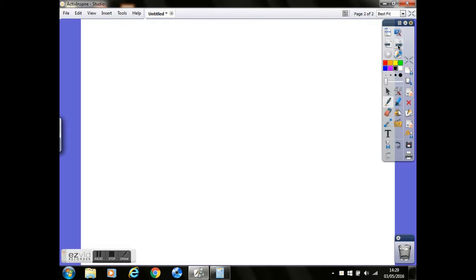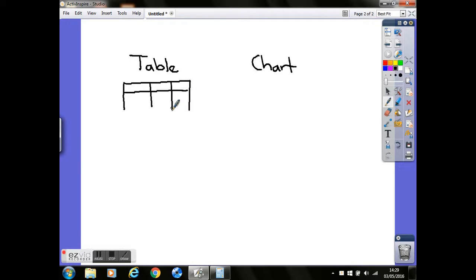Now one last point just to remember with this, a lot of people do get tables confused with charts. It's important to recognise the difference between these, just so you're not losing out quite a lot of marks in your exam. So I'm just going to draw a quick sketch of the difference. So a table, as we've just seen, consists of rows and columns with titles at the top. It's going to look something like that,